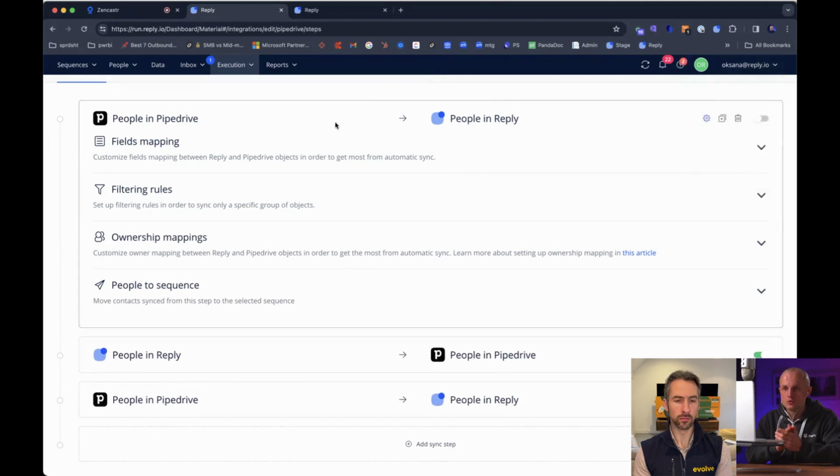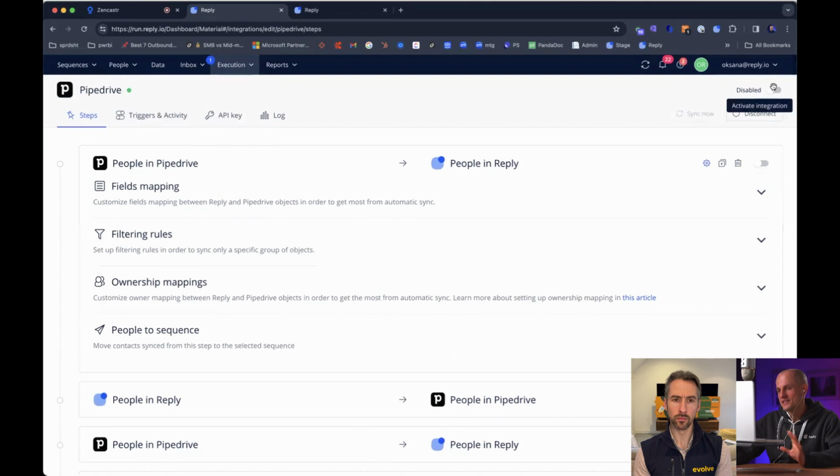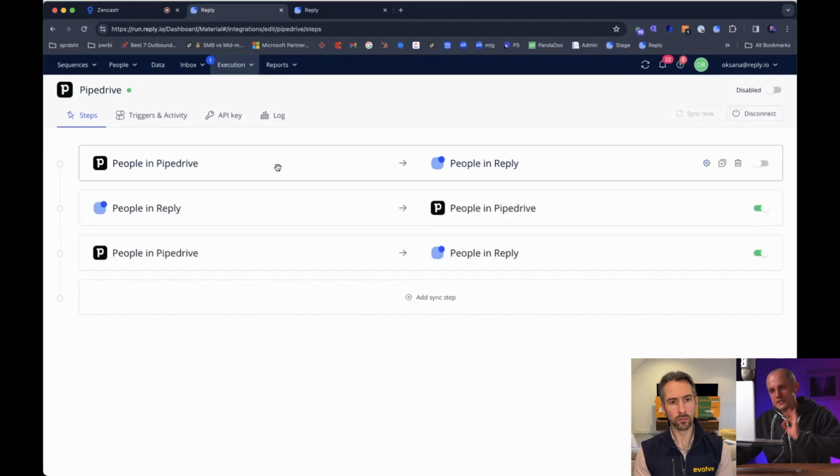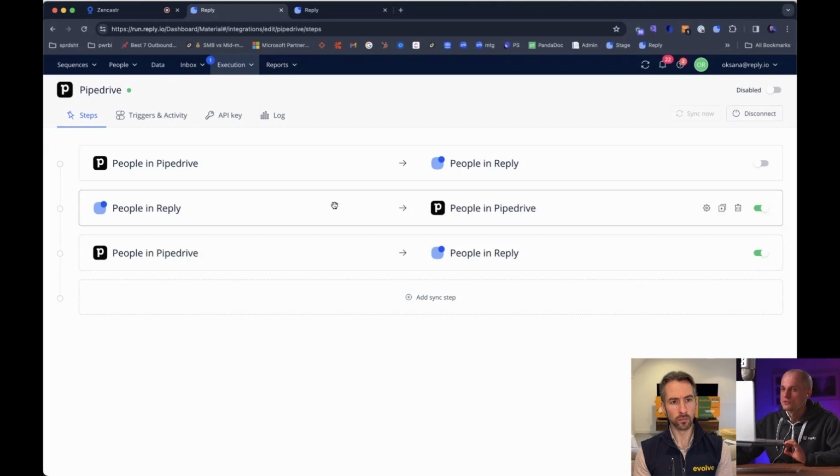If you do multiple workflows, that probably means you have multiple sequences to send them to, for better personalization and better engagement rates as a result. You enable that integration step, you enable the integration master toggle here, and this is the set it and forget it logic. The opposite one is slightly less used because you don't always have to update the information,